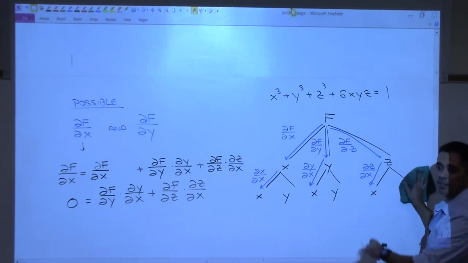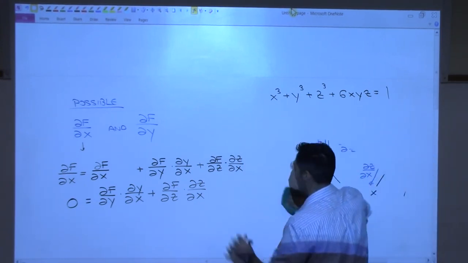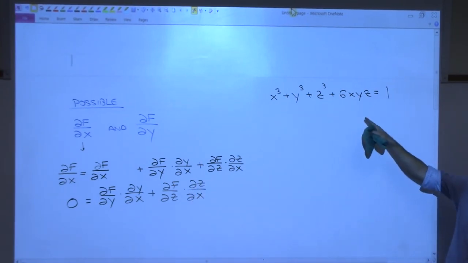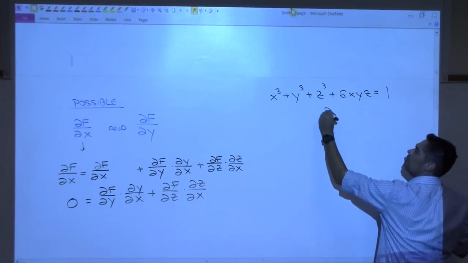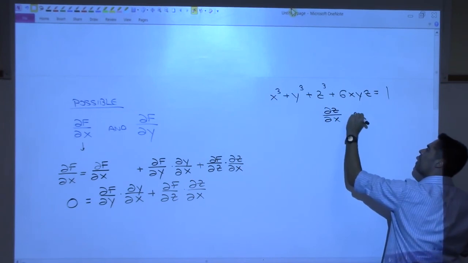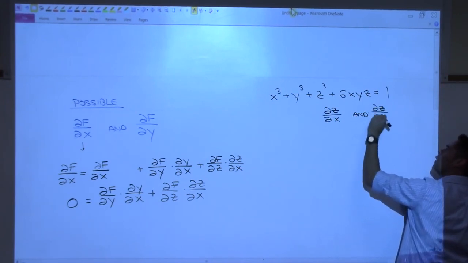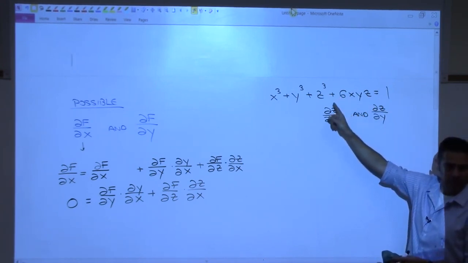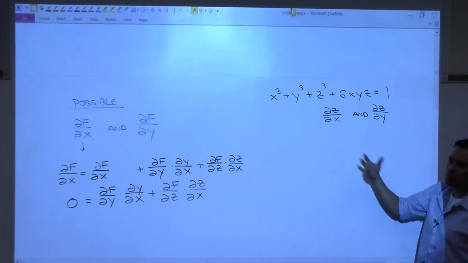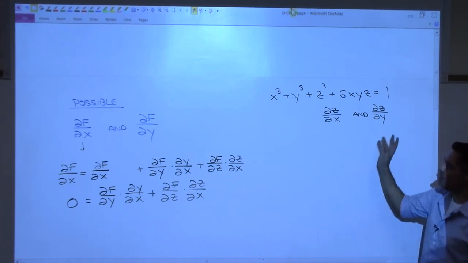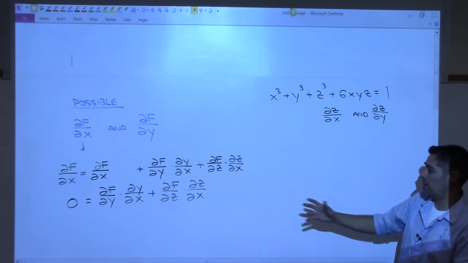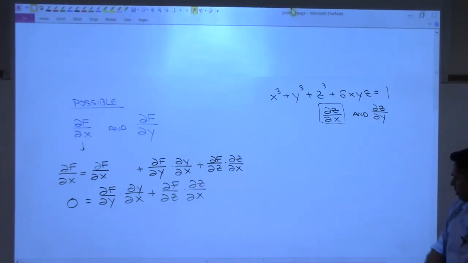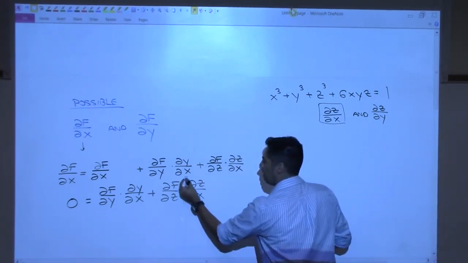Now, I know I've kind of taken us on this weird journey, okay? But I'm going to take you back just before we continue here. I want to take you back to our goal. Our goal was to try and look at that and find two different things. Partial z with respect to x and partial z with respect to y, which would be easy to do if we could solve this for z, right? We can't solve it for z, so we're trying to use some sort of implicit differentiation. So I did some weird stuff, and then now I'm doing all this, and I've gotten us to here. And you're like, okay, now what? Let's just focus on this one. Do you see that in there? You see it? Yes? Okay. I would like for you